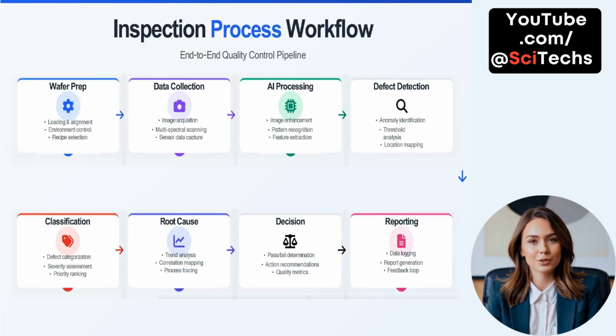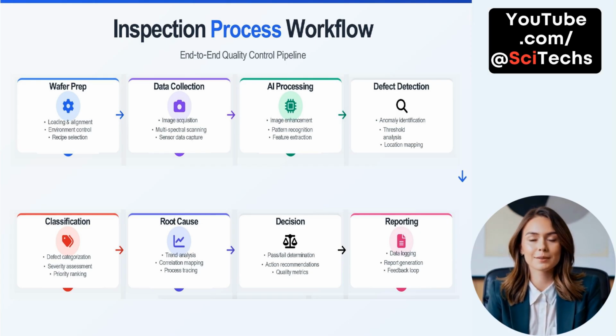Inspection process workflow. The inspection process workflow outlines an end-to-end pipeline for quality control in semiconductor manufacturing. It begins with wafer prep, where wafers are loaded and aligned, environmental conditions are stabilized, and the correct recipe is selected to ensure consistency. Next is data collection, involving image acquisition, multispectral scanning, and sensor data capture to collect detailed